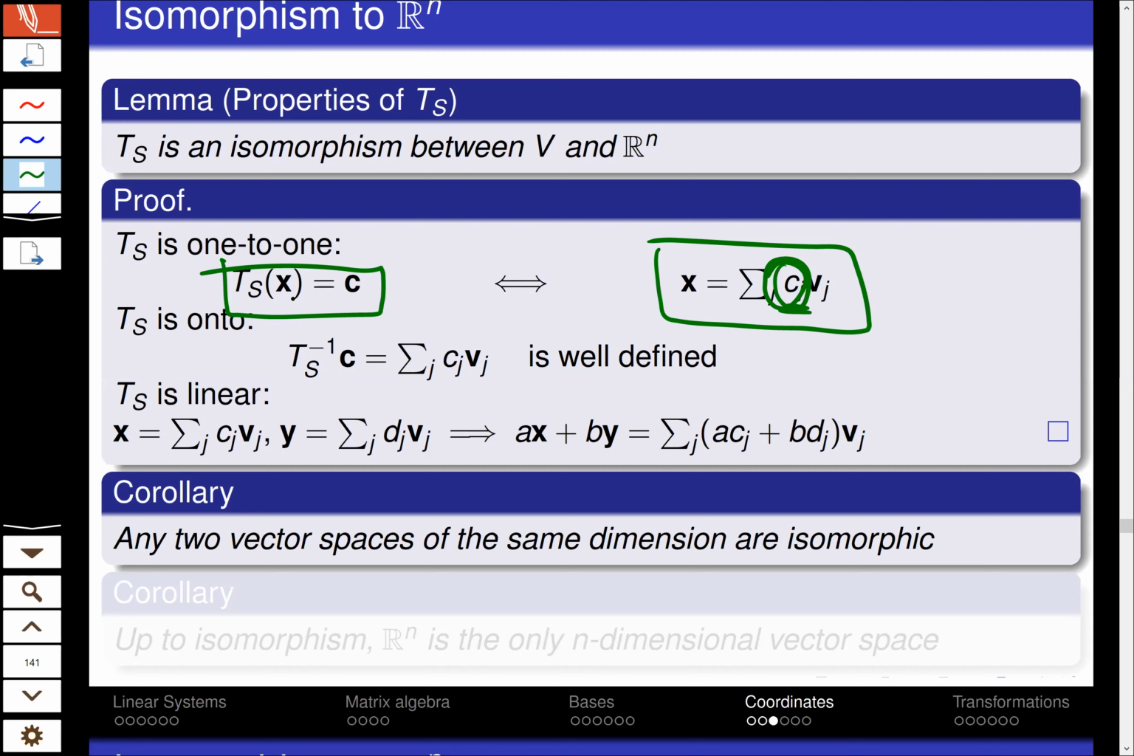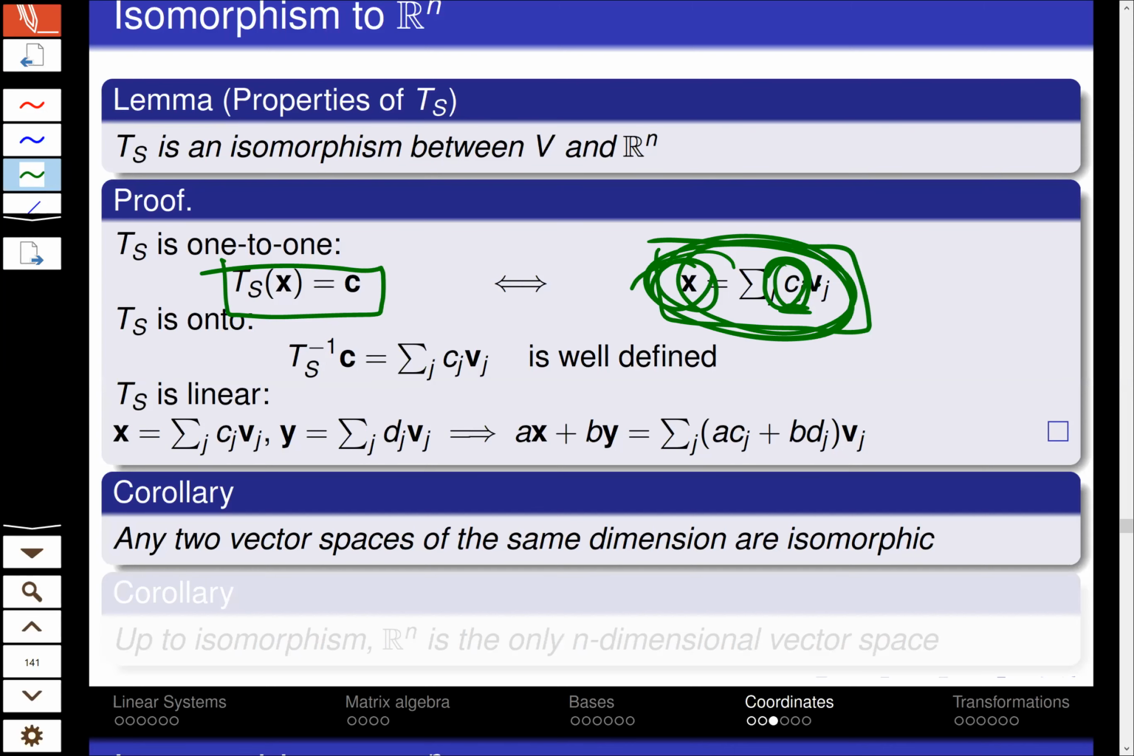So not two different x's are mapped into the same coordinate vectors, because here is the representation. Here is the explicit form for this x in terms of c. And it is onto because every vector x has at least one representation as a linear combination. So for every x,